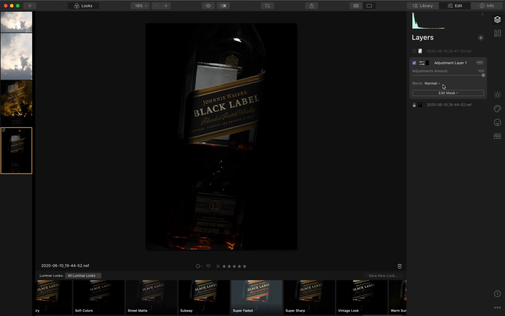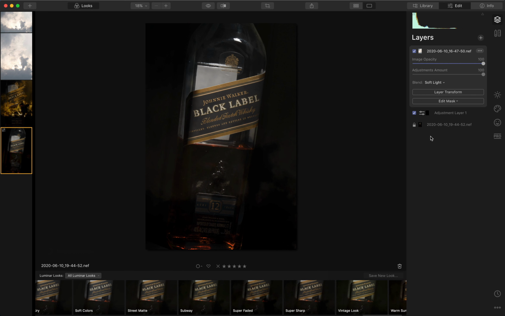And the moment I go to the other layer, this is off. So unless you have a blend mode you can apply directly to a couple of images, the layers are practically useless in Luminar 4.